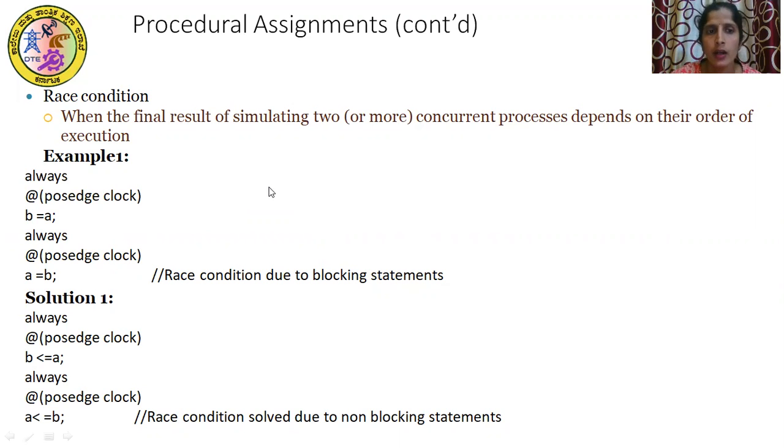So here we have an example where we'll clearly understand the race condition which can arise while using blocking assignment